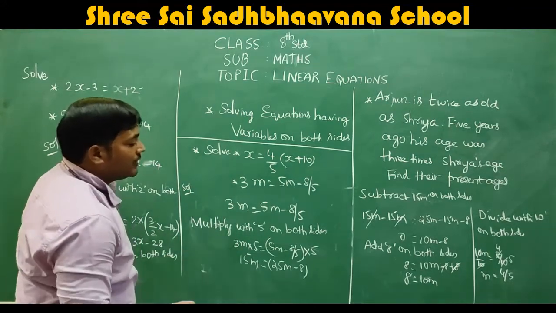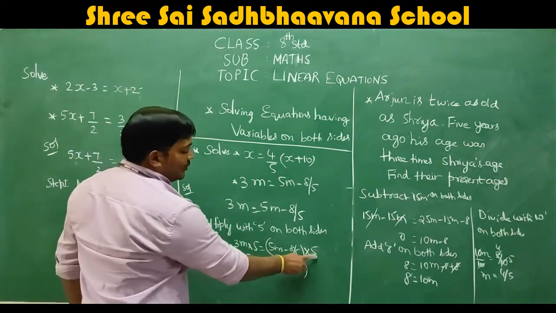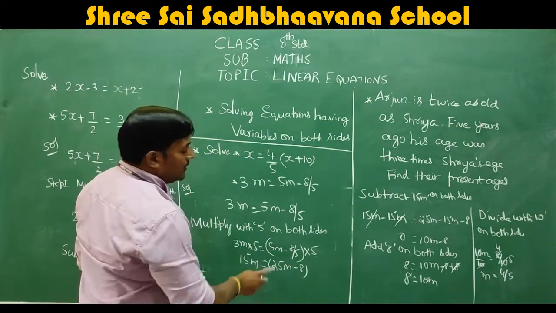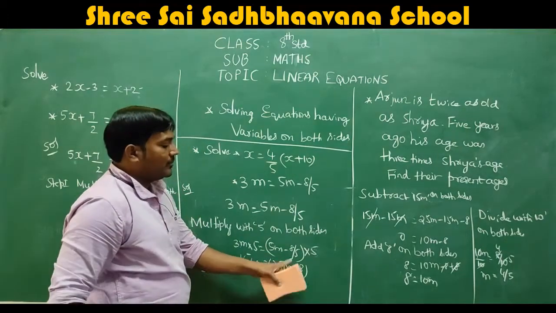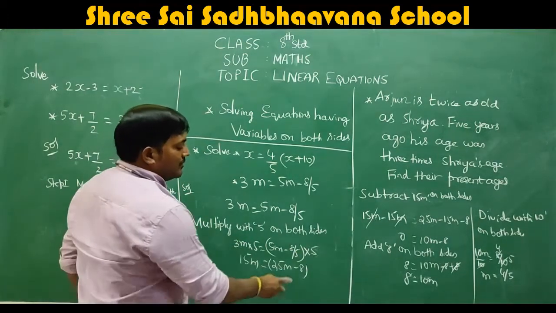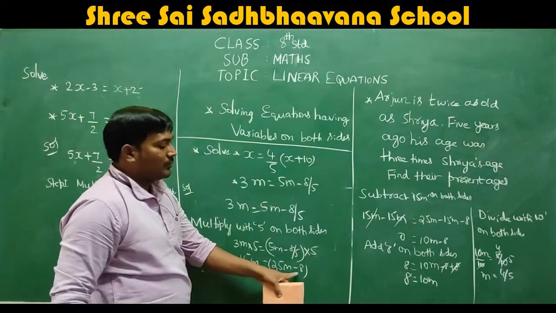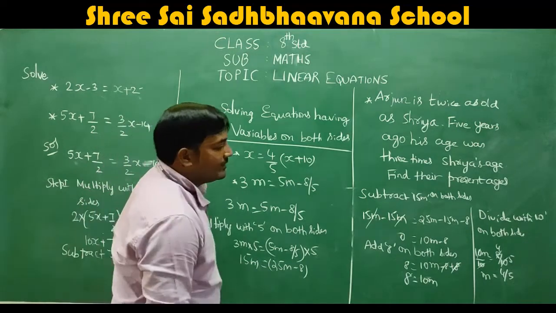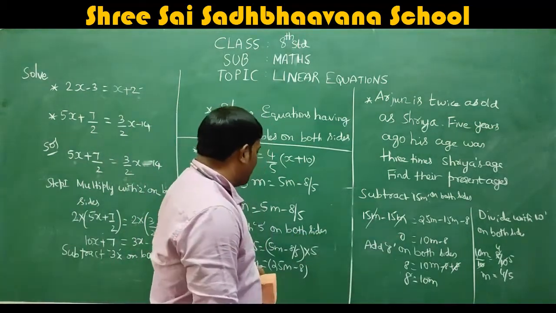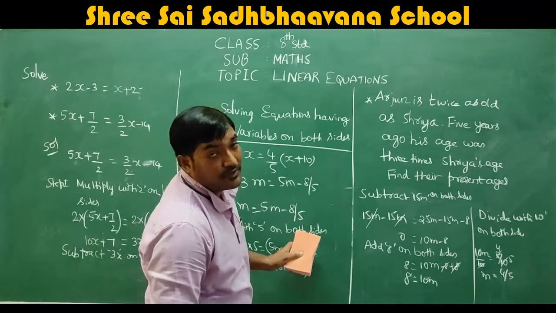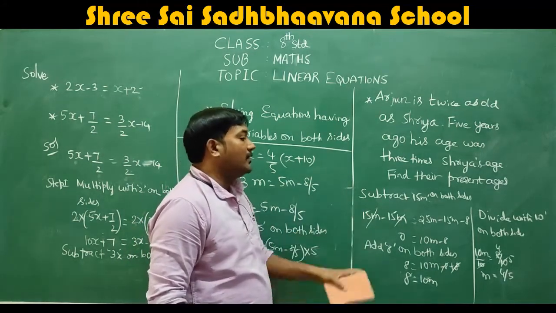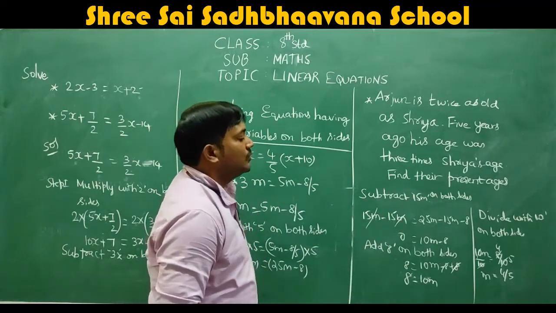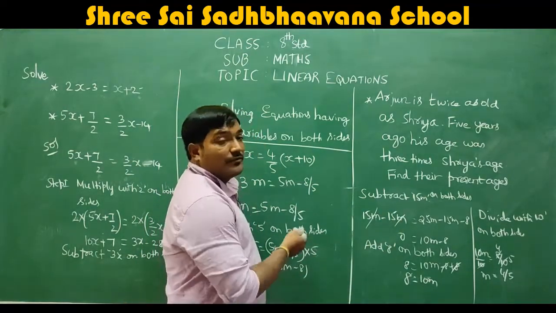So when you multiply with 5, so 3m into 5, 5m into 5, and minus 8 by 5 into 5. So 3m into 5, 15m, and 5m into 5, which is 25m, and minus 8 by 5 into 5, 5 will get cancelled, you will be left with minus 8. So 15m is equal to 25m minus 8. So again here if you see 15m and 25m, which is greater? 25m is greater. So we have to eliminate 15m. So eliminate 15m on both sides, means subtract 15m on both the sides. So when you subtract, 15m will get cancelled.